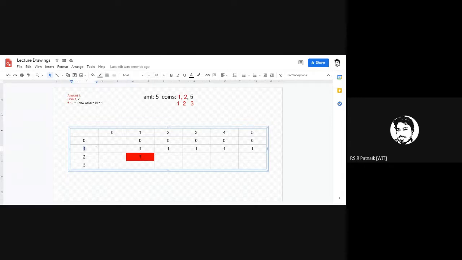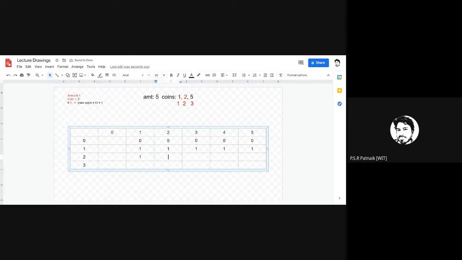Likewise, if you look at this problem, so this cell 1 to 1, it is nothing but earlier 0 plus 1. All these are 0 plus 1, 0 plus 1, 0 plus 1, because earlier it is 0. Now the new number of ways is 1, 1, 1. That's why it is 1, 1, 1, right? Okay. So now this cell.